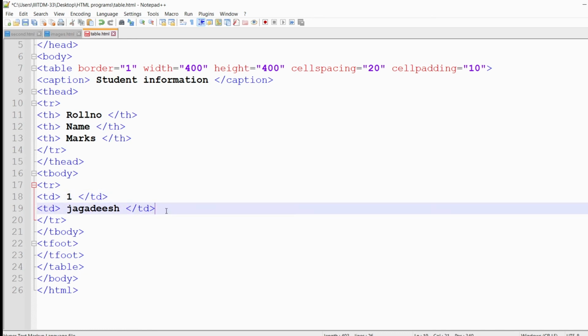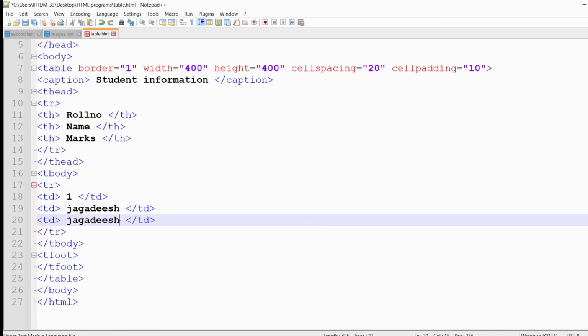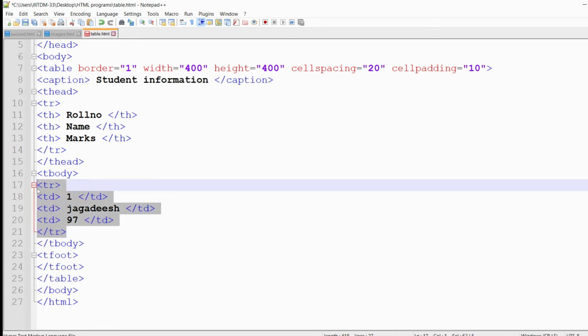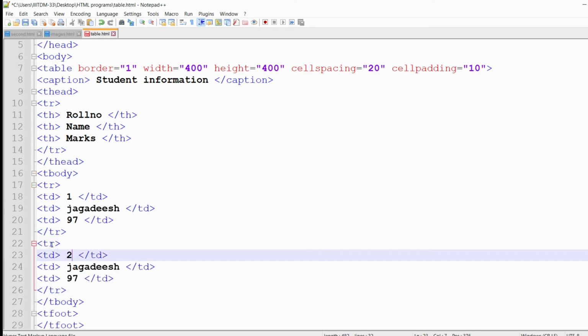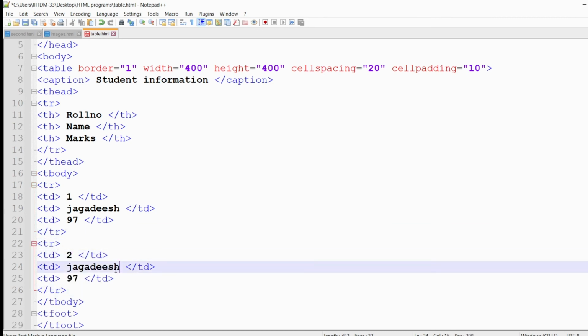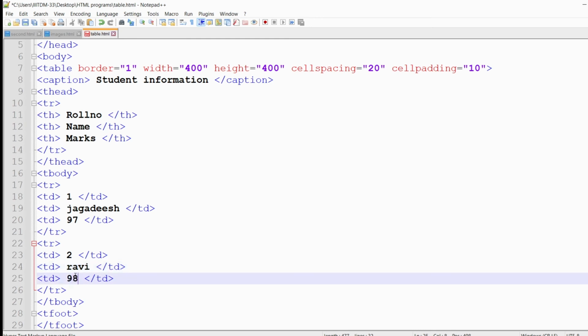one and paste it here. I will write the marks as 97, and let me have one more row. Let me copy this one and paste it, and in place of 1 I will write 2. In place of Jagadish I will write Ravi, and in place of marks 97 I will write it as 98,